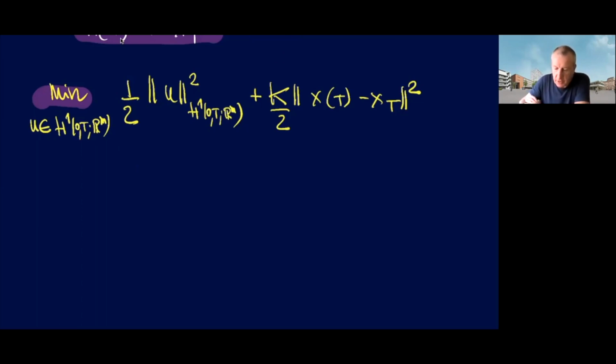Is this functional convex? Because when you are dealing with minimizers, frankly, the only way we can guarantee that a minimizer is unique is when the functional under consideration is really convex, right? Because if the functional was not convex, something like this, well, then